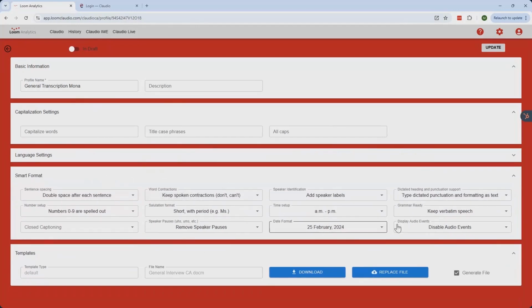You can set up your default formatting options that are showing up in smart format out here. And this is where you can actually work on your template. The default